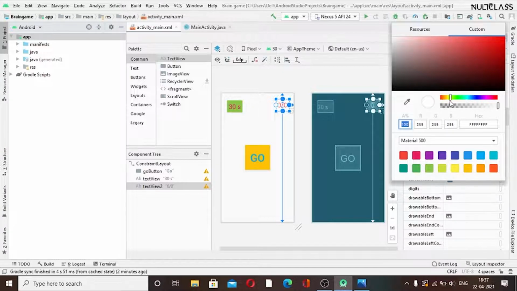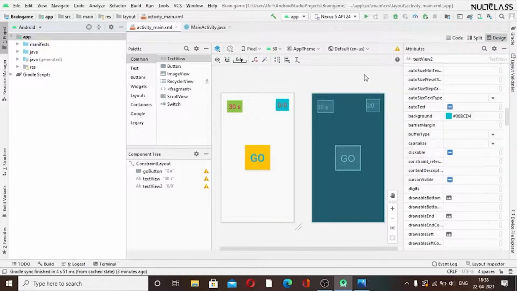Like I can choose between these. This looks good, I guess. You can give any of the color which you want. I think this looks good.